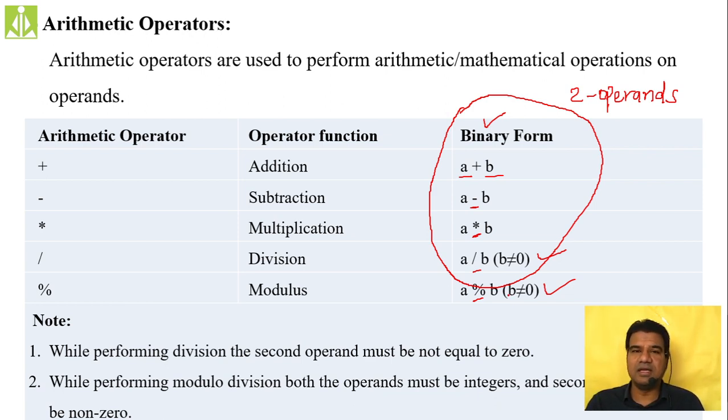That is the reason why we are disallowing, or simply not using, real numbers when performing the modular division operation. The second condition is again that the divisor should not be 0. If the divisor is 0, again the value will go to infinity. So this modular division operation will give you the remainder of the operation.